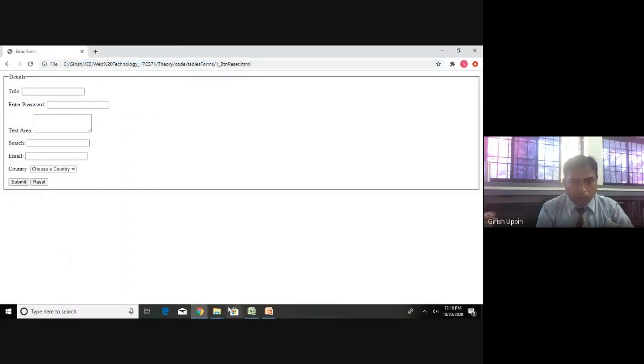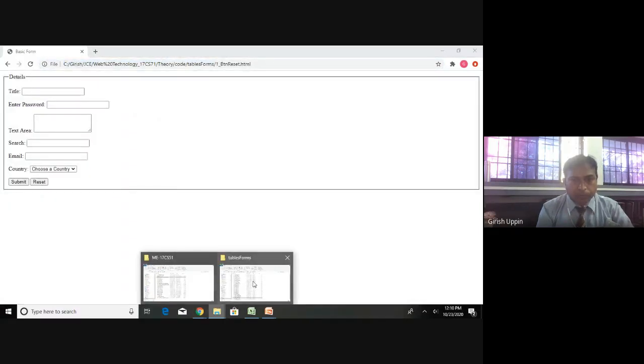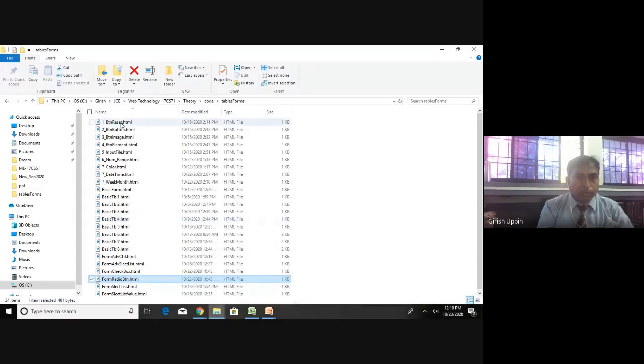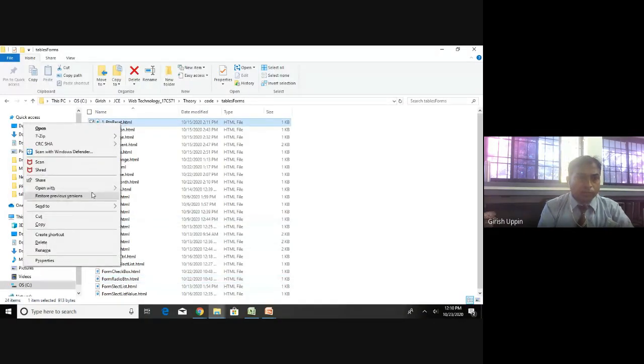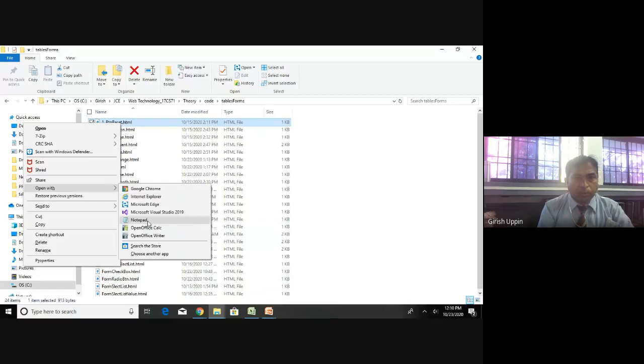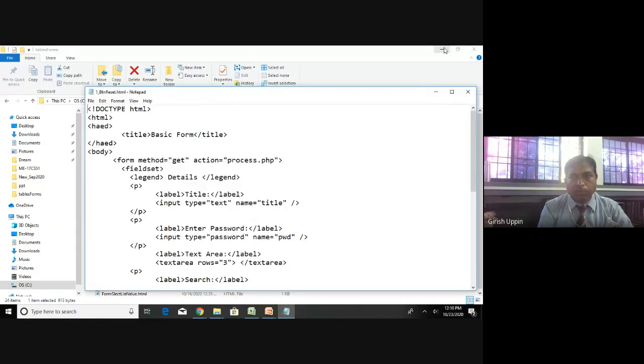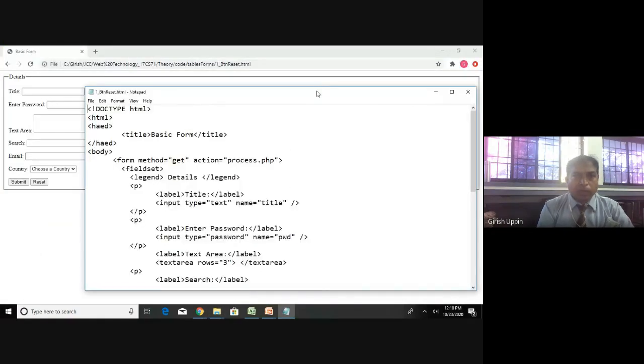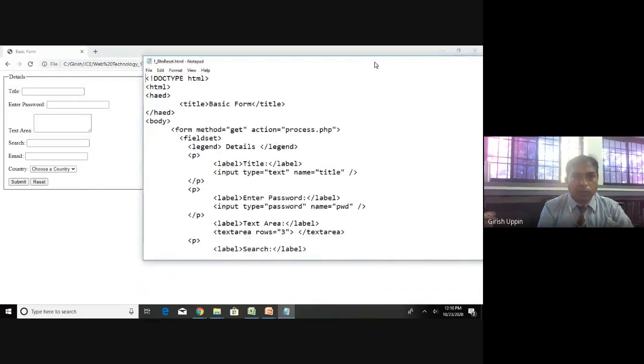I will open the code. Open with notepad. I always prefer notepad, so that understanding becomes very easy, and you can have hands-on coding as well.